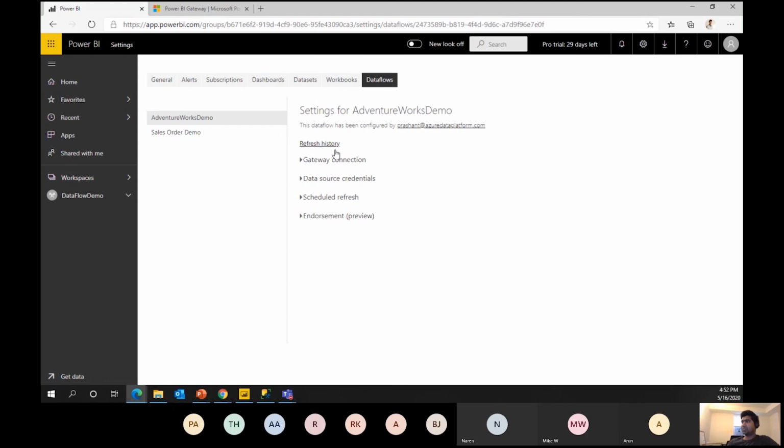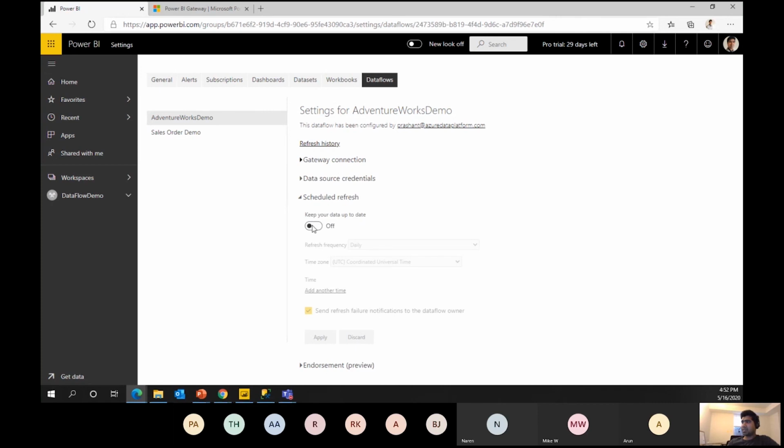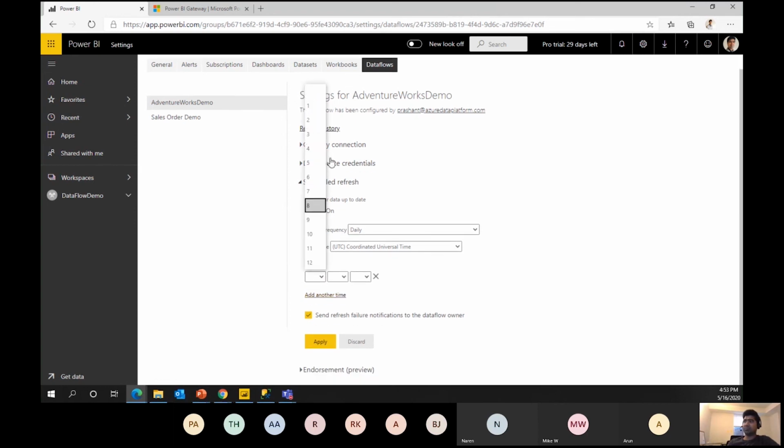So here you see schedule refresh. We have a gateway connection, so it will show the gateway connection. Schedule refresh, you will enable. You can select daily or weekly. Let's go by daily. You can select the time zone. Let's go by UTC, and then you have to add the time you want to refresh it. Maybe 8 a.m. every day. Send refresh failure notification to the Dataflow owner.